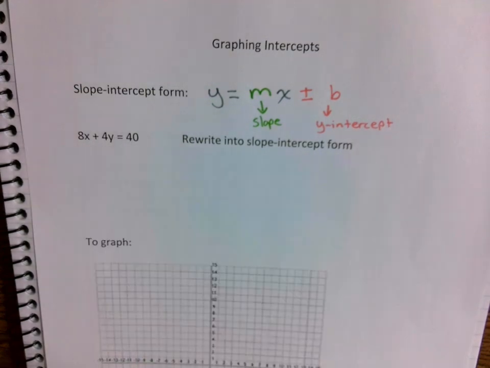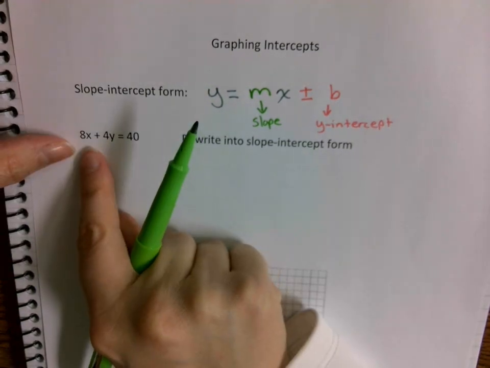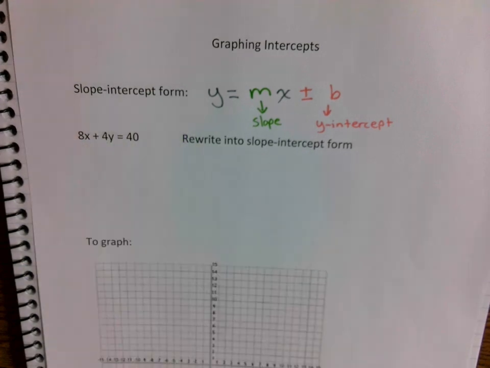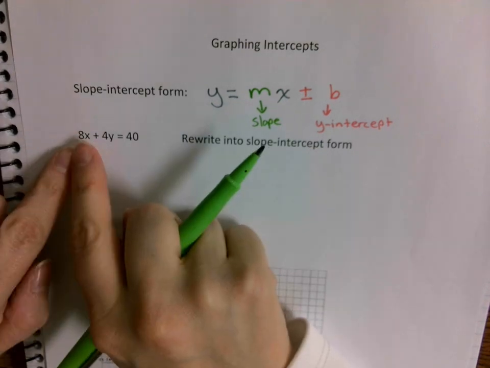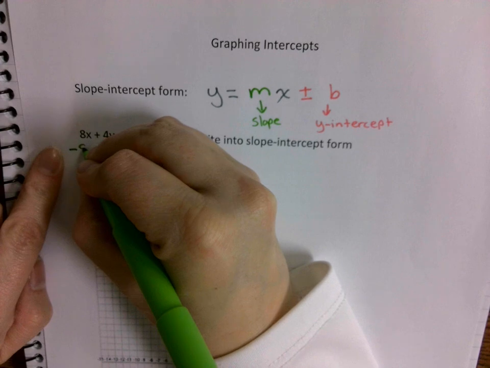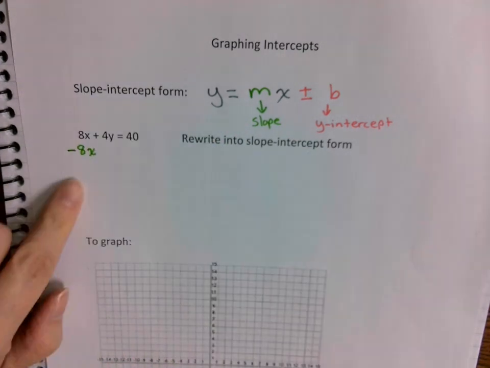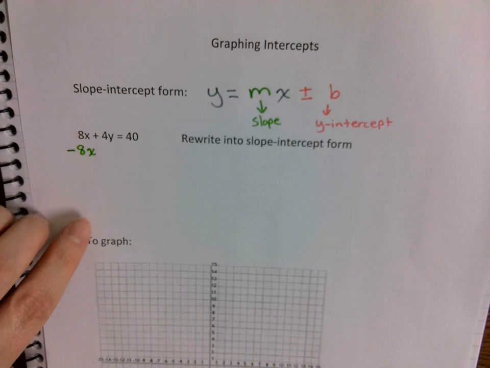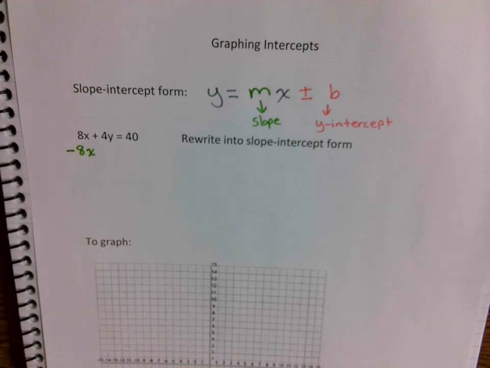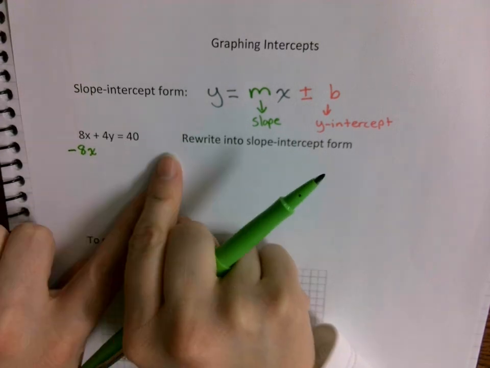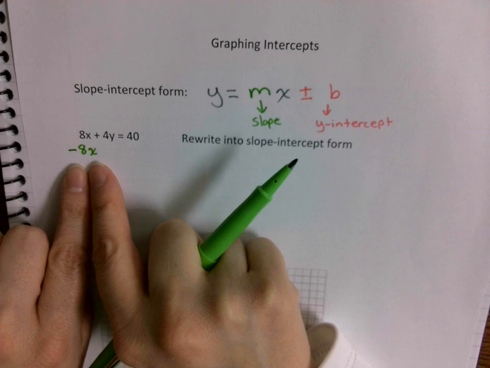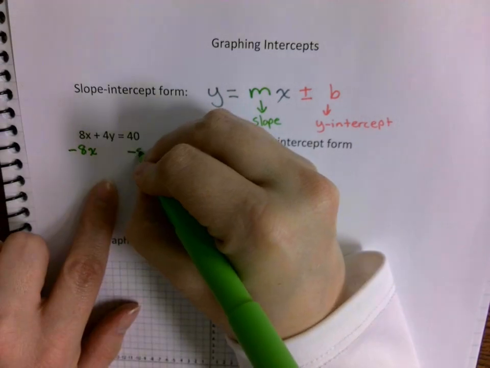So in order to move the x, that 8x, over to the other side, we're going to have to do the inverse of 8x. The inverse of 8x is to subtract it. Remember, I don't want to just move the value, the number. I want to move the entire term. To move an entire term means you have to add or subtract. When you want to isolate a variable is when you do multiplication or division. To move an entire term, though, is addition or subtraction. So we're going to subtract 8x from both sides so that we can eventually just cancel it here,